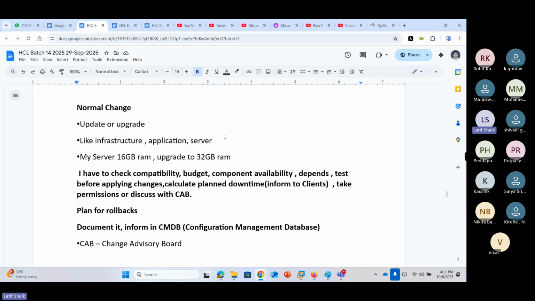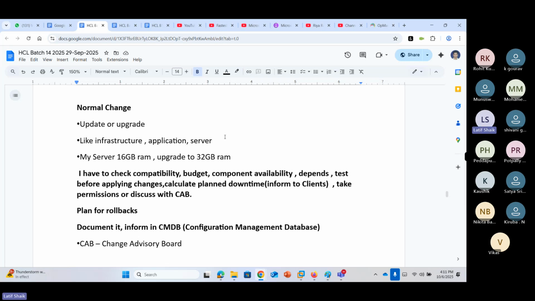When you do any changes, you have to make sure your change is successful and gives the desired outcome or output, right? And why is a plan for rollback required? Just in case. 99.99% it should not fail, but in case there is a 0.1 or 0.01% chance of failure, you can go back to the previous state.